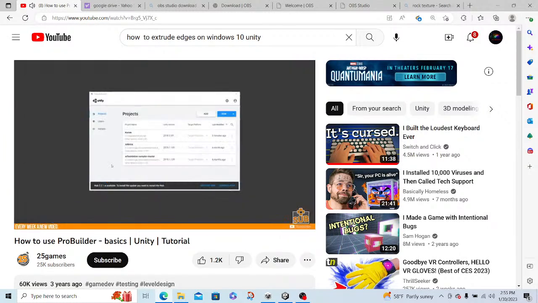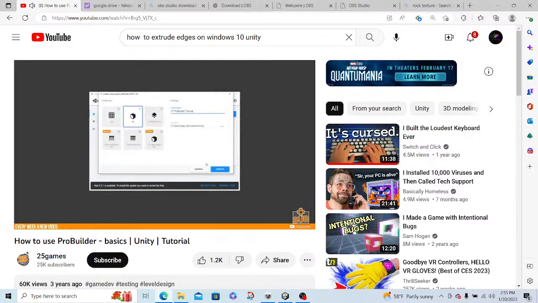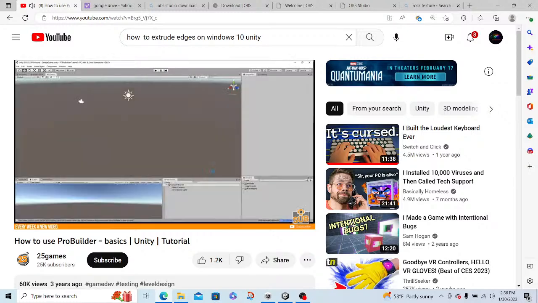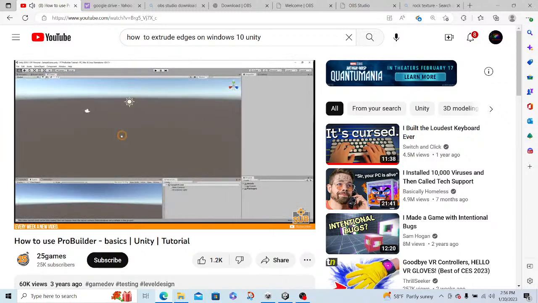I'm here in the Unity Hub window where I can control all my Unity versions and projects. For this tutorial I will create a new 3D project. By default, the ProBuilder tool is not in your project yet. You need to go to Window, Package Manager,